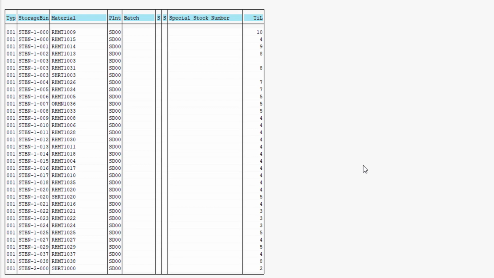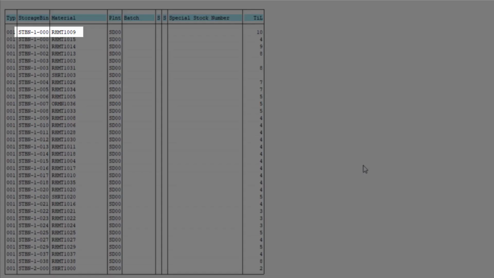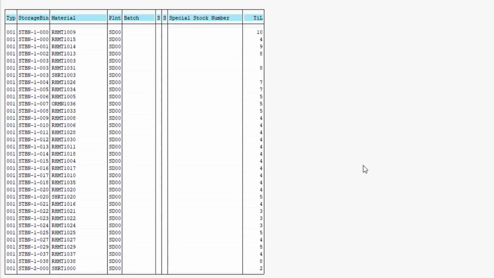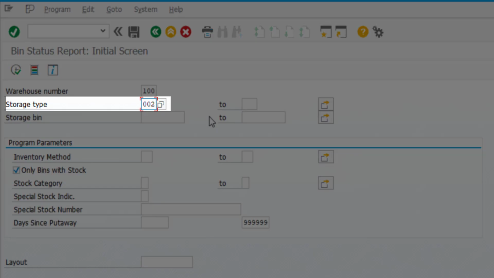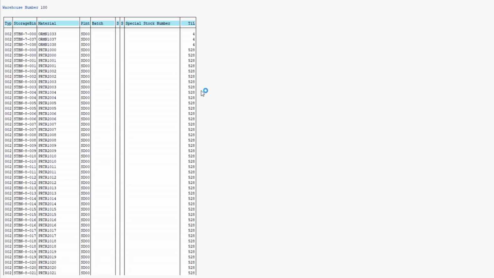And immediately you can see that there are a lot of mismatches. For example, person 9's road helmets are in my bin. Person 15's road helmets are in my bin. Person 14's road helmets are in bin 1. Person 13's road helmets are in bin 2, etc., etc. Lots of mismatches. If we go back a screen and investigate pallet storage for our bicycles and execute, we might